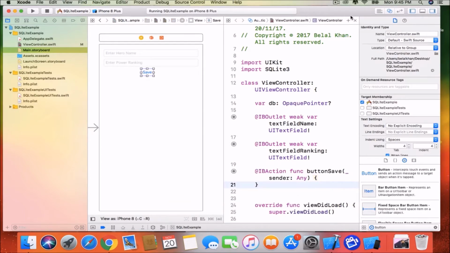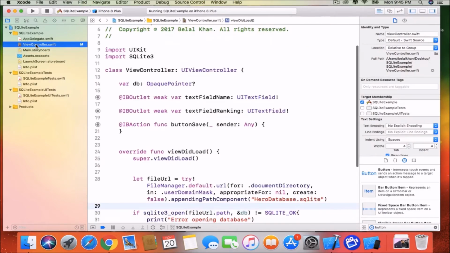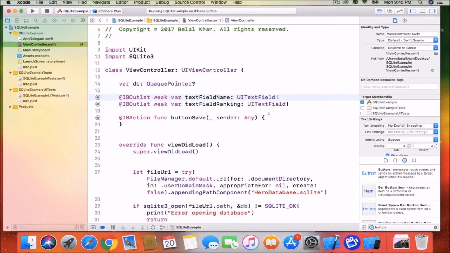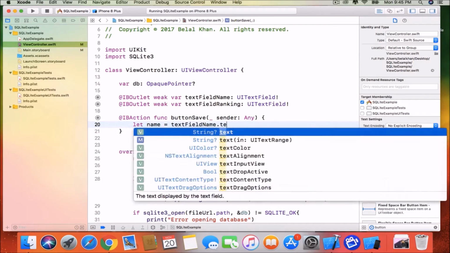That's it. Now come back to the normal editor and open view controller.swift. So you see we have these two text fields. Then we have this button save, and this function will be executed on clicking the button. So inside this function we will save the values. So to save the values, first we will get the values. So let's write here, let name equals to text field name dot text, and we will trim the white space characters. So here we can write